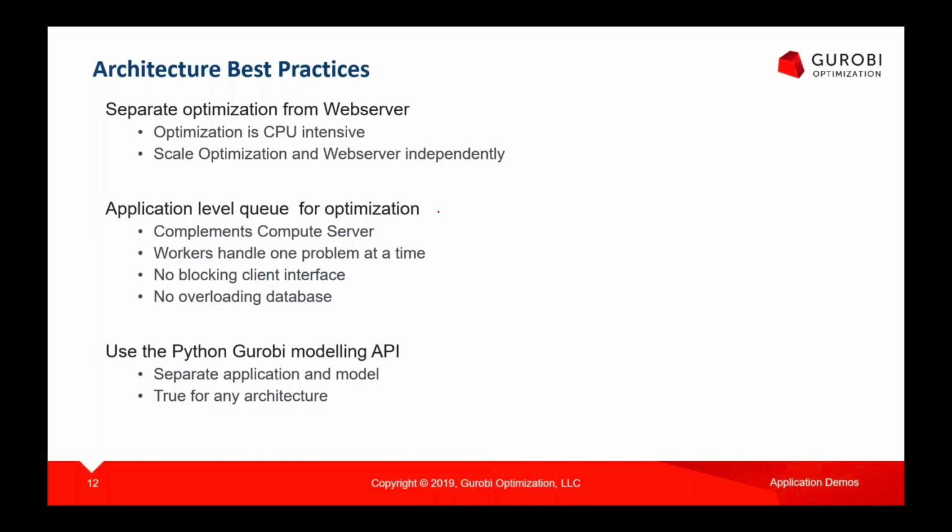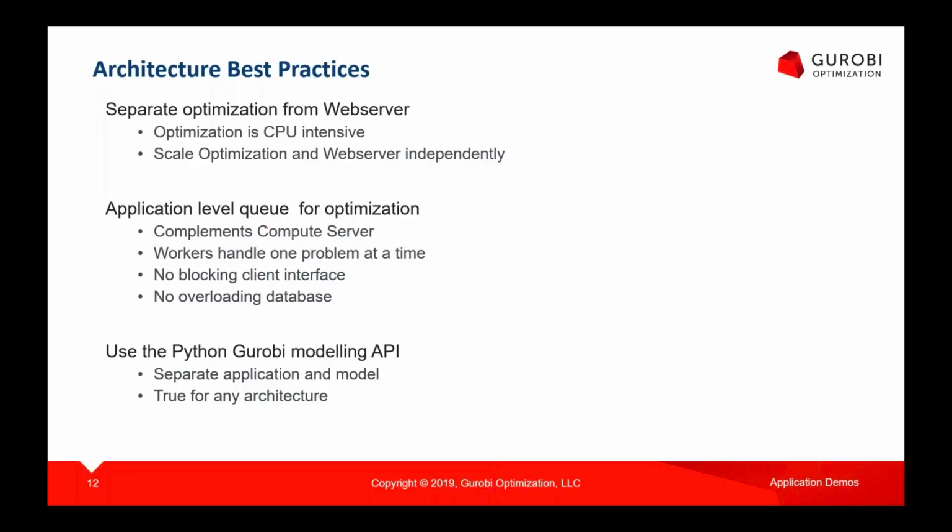Right, so the next point is use an application level queue for optimization. Compute Server and Instant Cloud provide a queue for you. So you may be asking, why do I need a queue? I've got a Compute Server, I've got Instant Cloud. Well, those are used to sequence the solving of problems so that you don't overload the machine at one time. And it's good to have a separate queue in addition to that